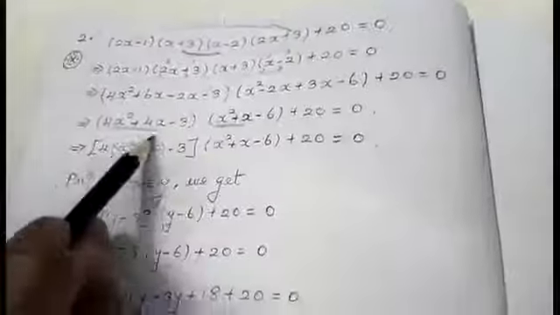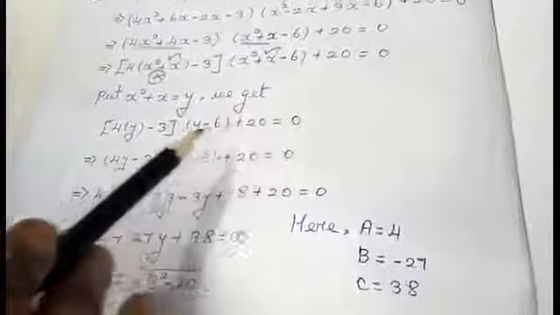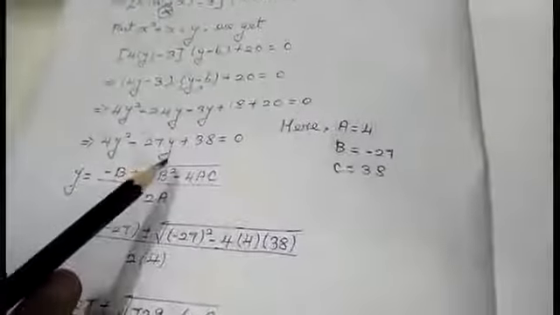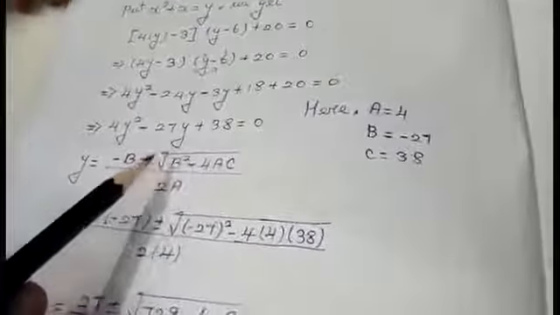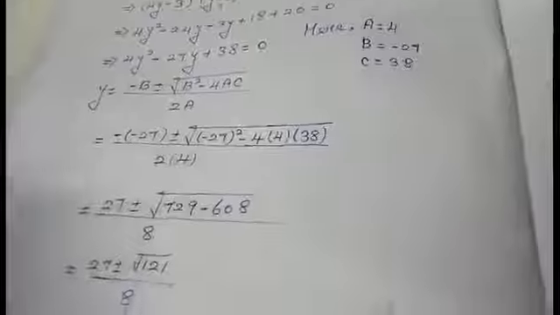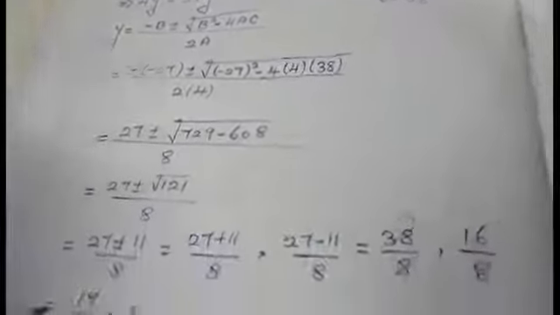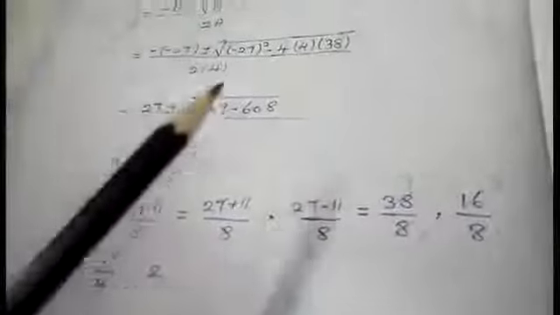So, in these two places, I am going to replace the value as y. After replacing, I will be getting in this form, students. That is 4y minus 3 into y minus 6 plus 20 equal to 0. You are going to form a quadratic equation, students. After forming a quadratic equation, you are going to use the formula. You are going to calculate, and you will be getting the answer as 19 by 4 comma 2. After getting the answer as 19 by 4 comma 2, what I am going to do is replace the value.